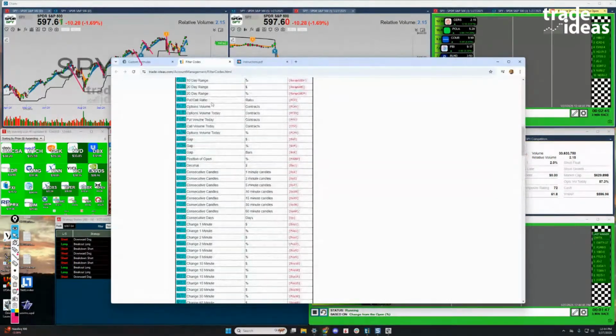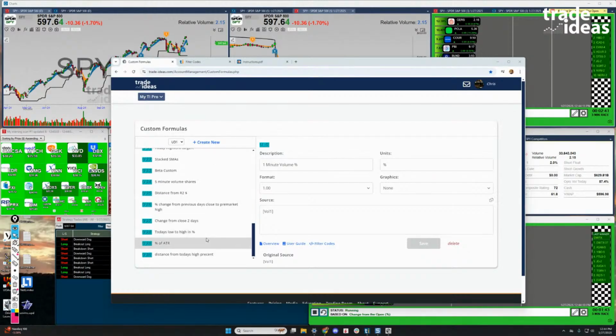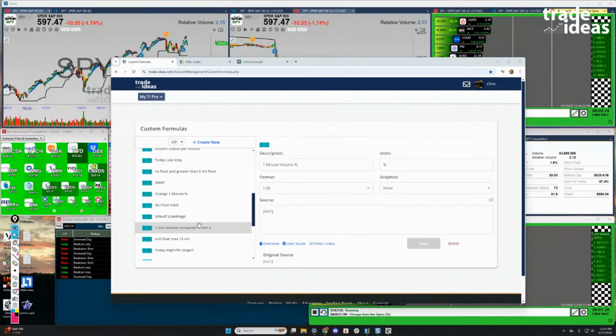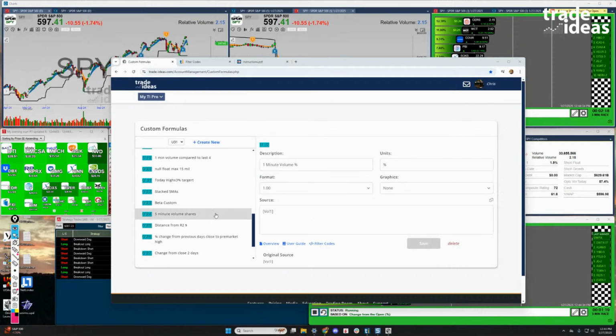And so you can create operators. Now, in case anybody's wondering, yeah, I've got a bunch of customs in here. I do not use them for anything. They're just customs from helping troubleshoot other users' scans. They're like, hey, stock XYZ didn't show in my scan, and I'm like, well, you've got a custom filter in there. You've got to share your custom filter with me because it doesn't transfer from one account to another. So they're just custom filters that mostly users created. I don't know what they do, and I don't really care what they do, to be honest. It's just how that goes.